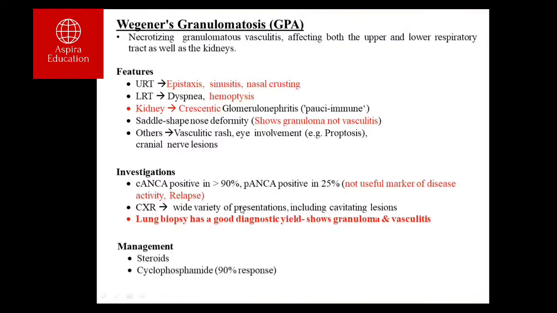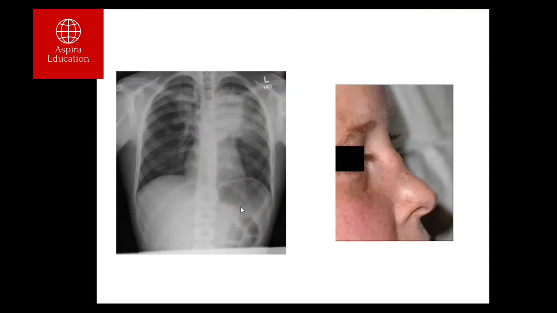Management includes steroid and cyclophosphamide. Do remember that management of the small vessel vasculitides follows the same pattern of steroid and cyclophosphamide. Those patients who have lung involvement with pulmonary hemorrhage may require some plasma exchange. So this is the saddle nose deformity, and this is the patient who has got a cavitating